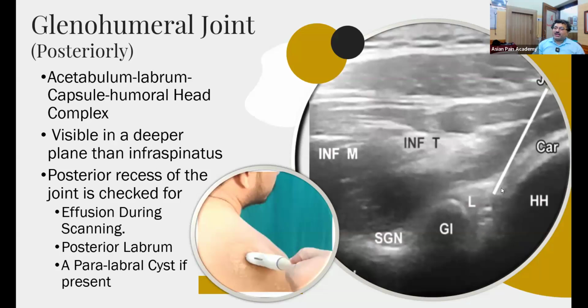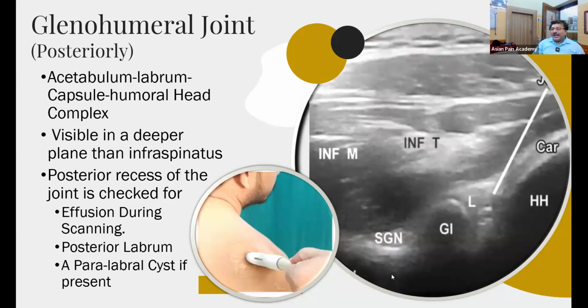I am not telling. Rotator interval is mainly given for the thickened coracohumeral ligament so that it can be easily stretched. But the posterior approach has been performed for a long duration, and this is also a standard technique for performing this procedure. So at the top, you can see the deltoid, and then you can see the infraspinatus, and this is the